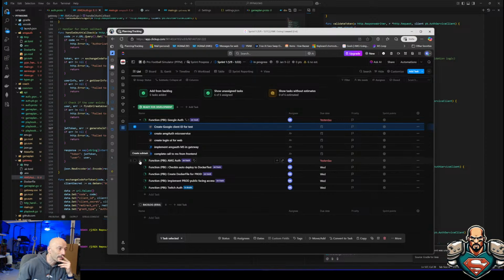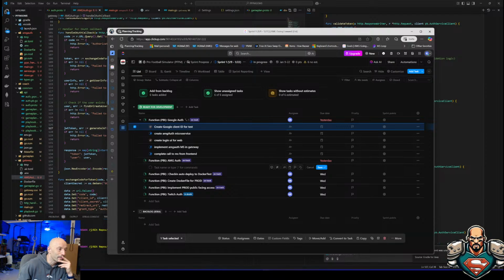Now this one, AMG Auth, is going to have to be something similar. Add to AMG Auth microservice. Well, let's just say this is actually going to be more. Let's just say add.